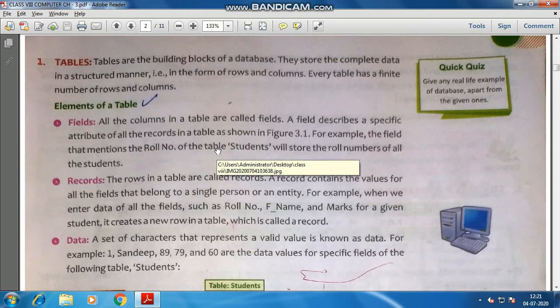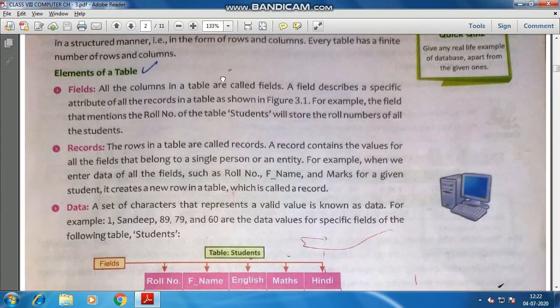Because when you create only one table, if that gets corrupted, the whole data can be lost, right? So it is better to make small building blocks of a database in the form of small tables, and just create a relationship between those tables, so that there is a finite number of rows and columns.